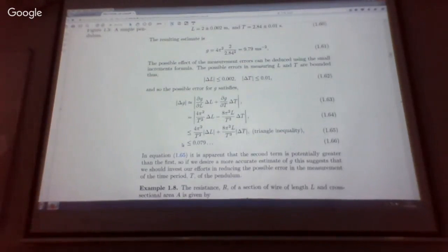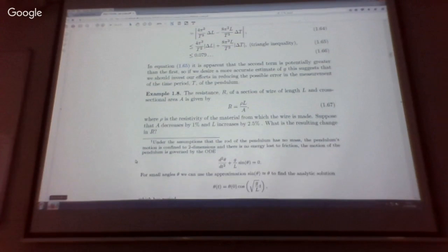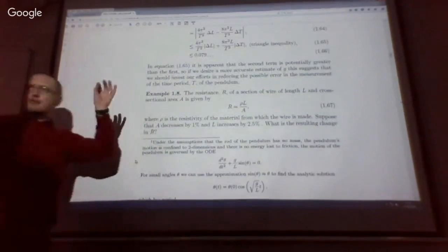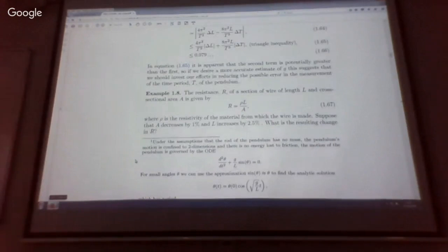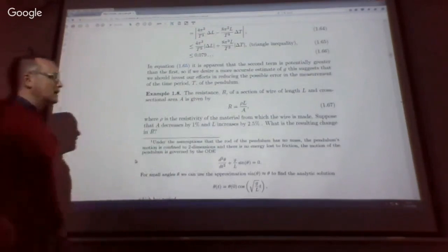Okay. So that example we discussed last. There's a similar example shown here over the page, which I'll let you read. I'll just quickly talk through it. In this example, we're not talking about errors in measurements, but about percentage changes in some of the variables. So in this example, we were looking at how the resistance R of a section of